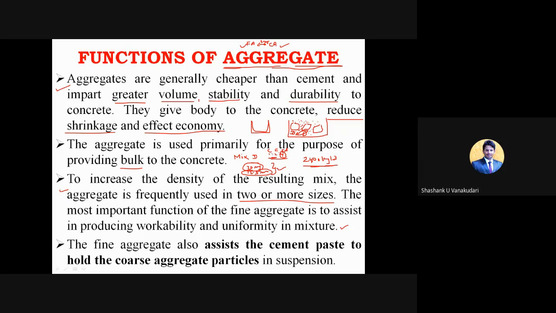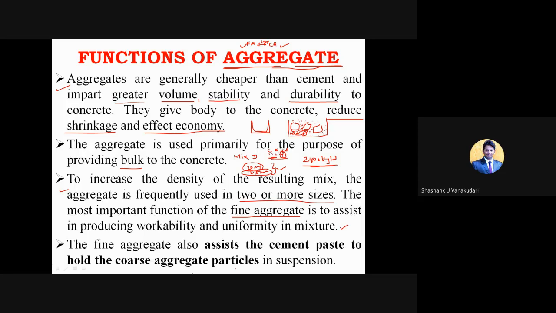Clear? Taking this fine aggregate is going to avoid the number of voids or percentage of voids, or you can call it the ratio of voids. That ratio of voids or gaps between the coarse aggregates can be filled by this fine aggregate. Clear? Fine aggregate is nothing but sand and other ingredients like M sand that we can consider. So that is going to give the proper workability. Workability in the sense this concrete can be easily mixed, easily placed, and easily worked with. So all the aspects of the concrete go with ease, right?